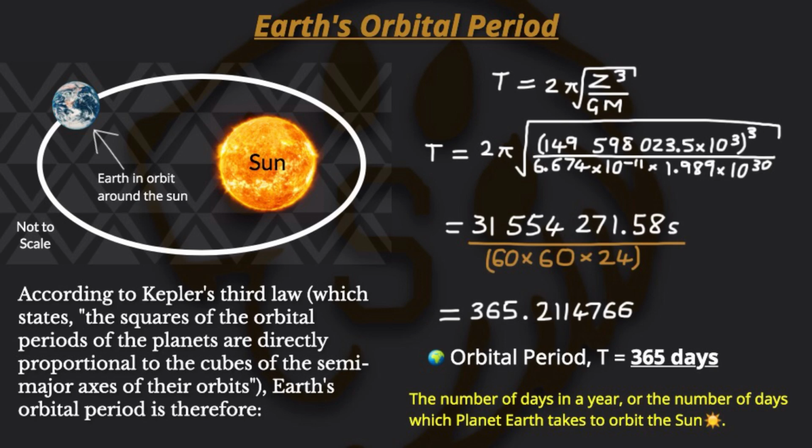114766, and as you can already see, that's coming out as what? The number of days in a year. Very common number, 365 days in a year. 24/7, 365 days in a year, very common statement. So that's our orbital period, 365 days, that we all know are days in a year, but it's actually 365